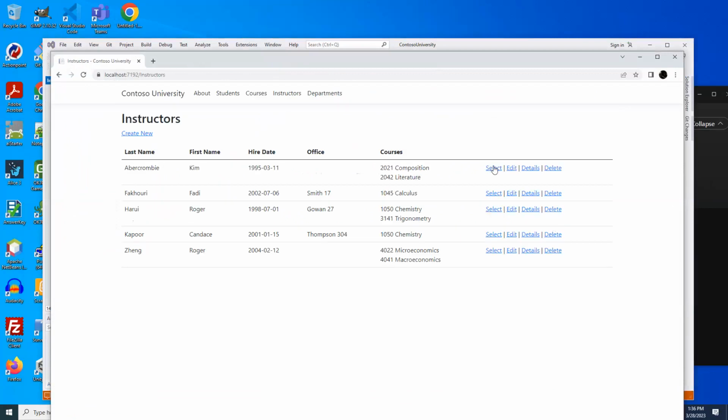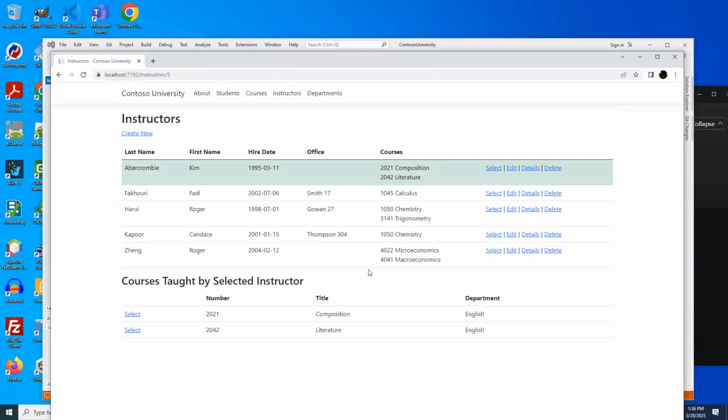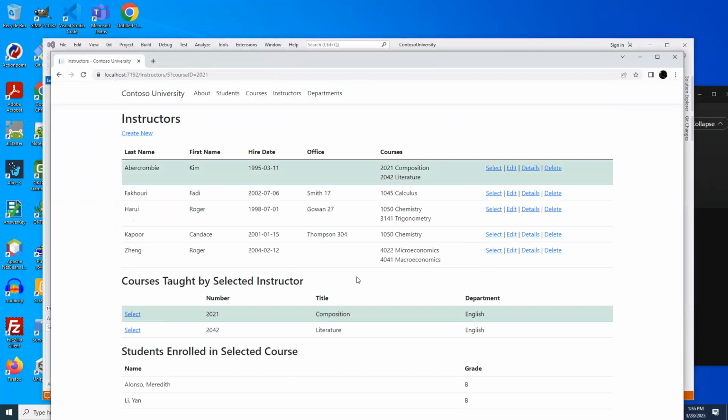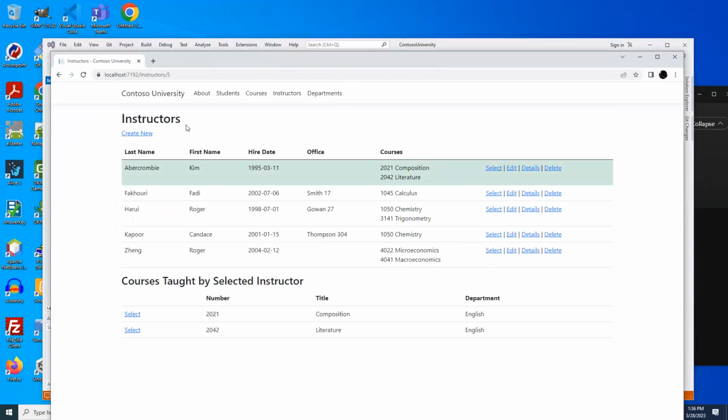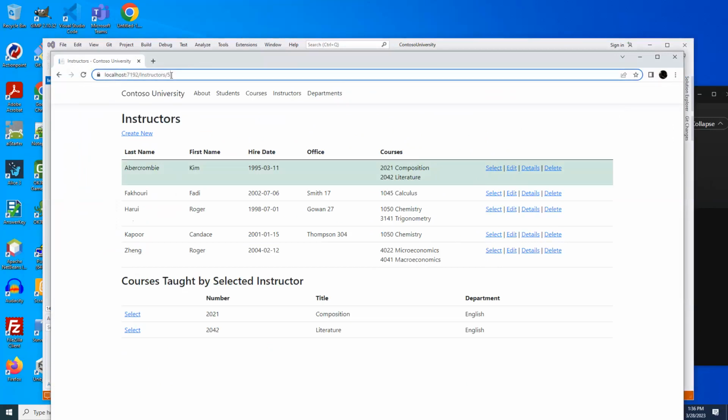We click select. It brings up all of the courses taught by the selected instructor. If we click select again, it will show me the list of students enrolled in that course. So we kind of go down the line. The original page fills in a list of